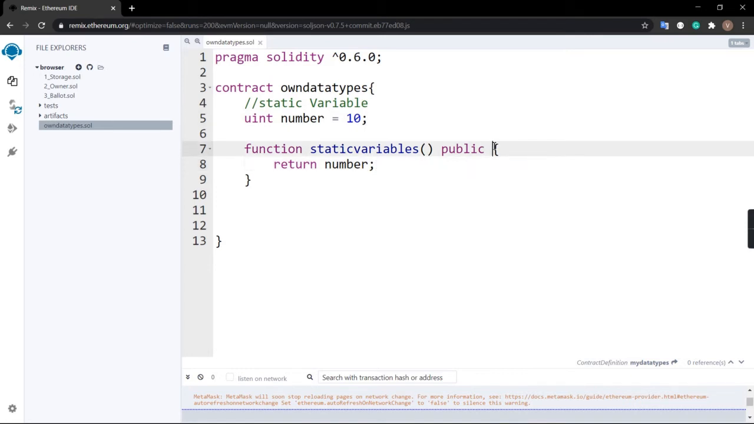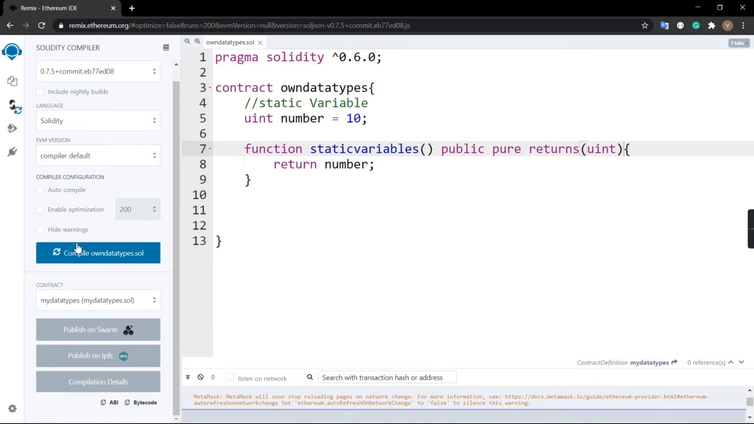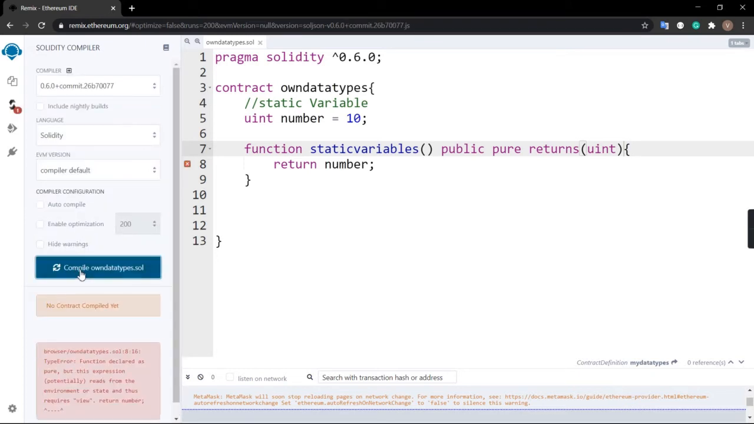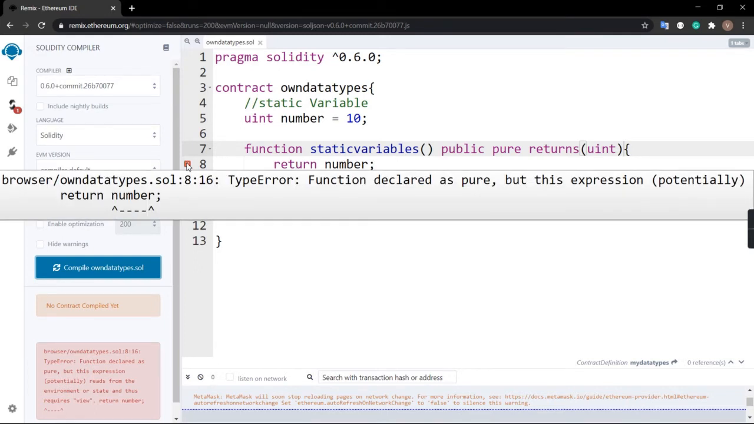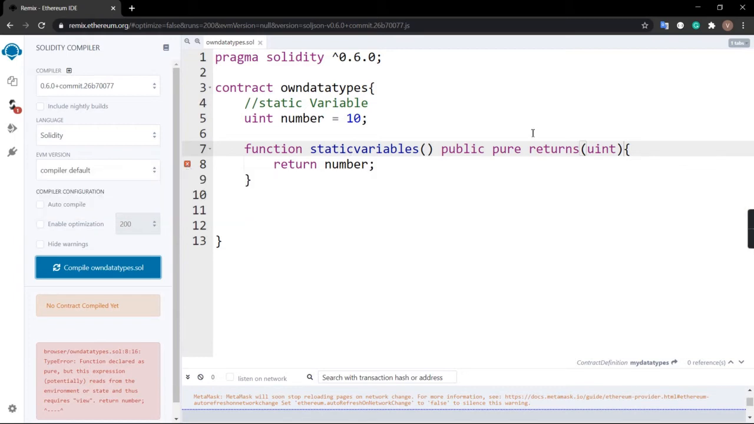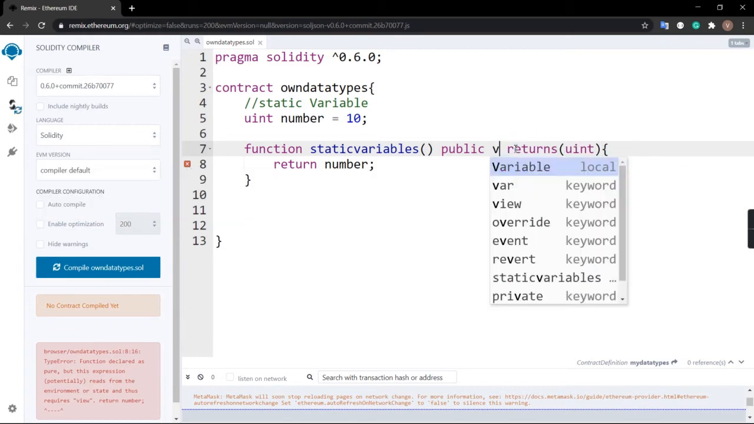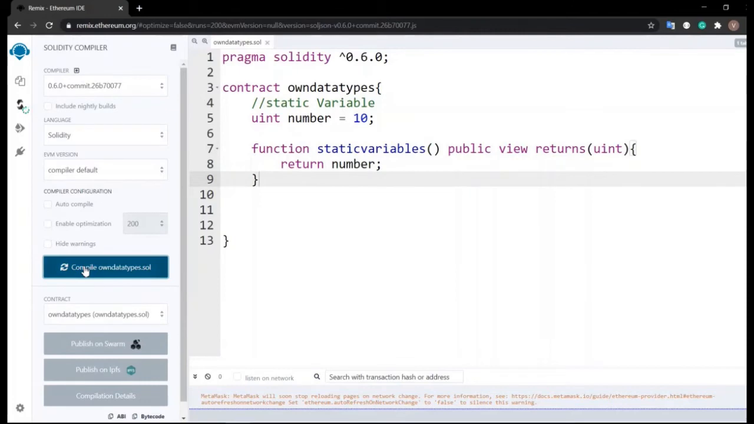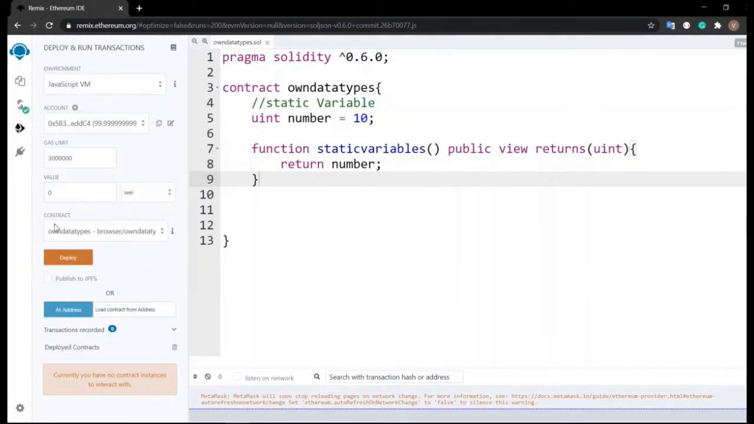Okay, we are going to return here. We need to give this as pure, returns unsigned integer. Okay, if I compile this, sorry, we need to specify the version and compile. So what is this error? Pure. Okay, I need to give this as view, not pure. If I compile this successfully, and deploy this smart contract,